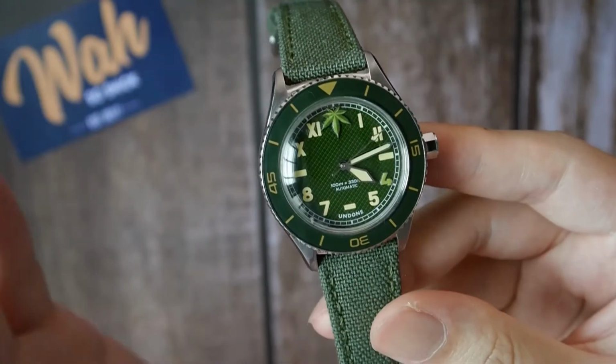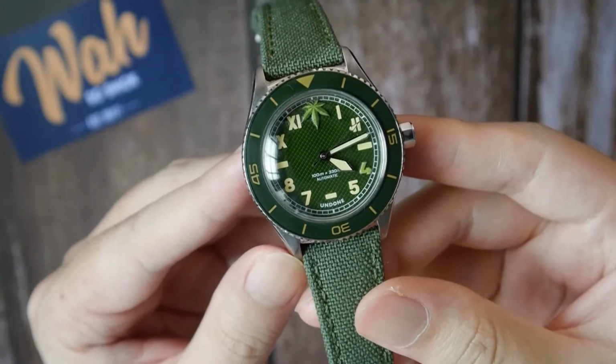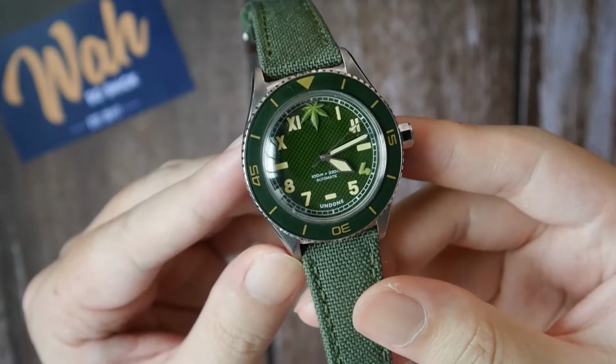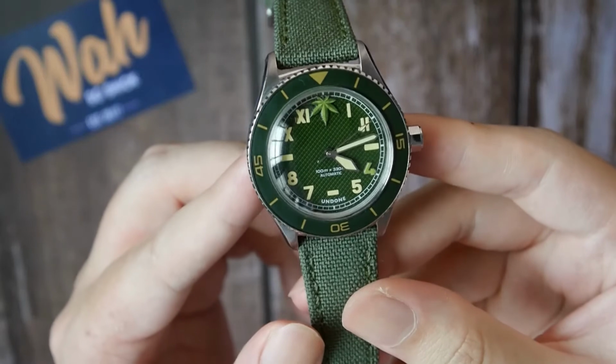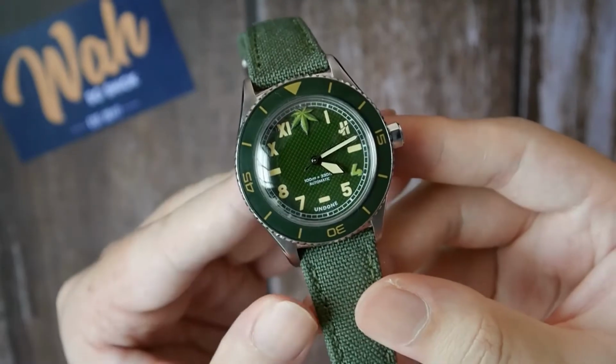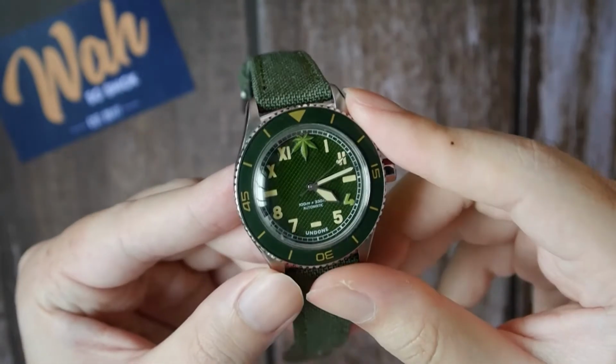Especially, I know this may be divisive, but I like the faux patina on the indices, and I like the faux patina on the bezel as well. And things like the railway minute track and the dial's California layout. I think there's a very strong vintage vibe here, combined with the domed